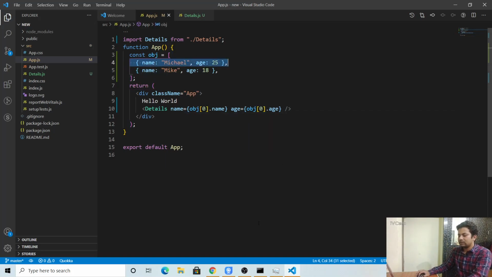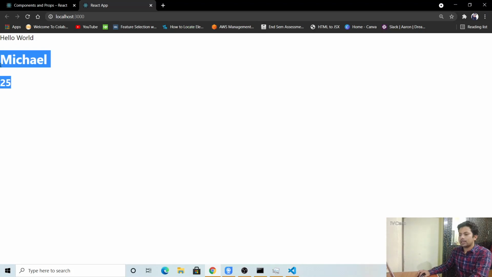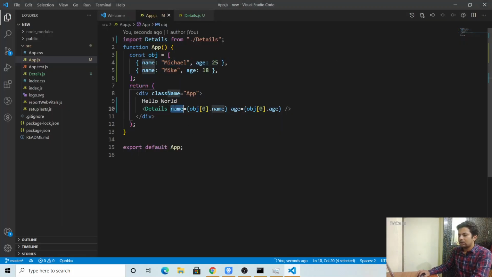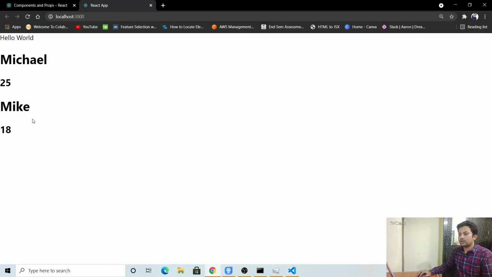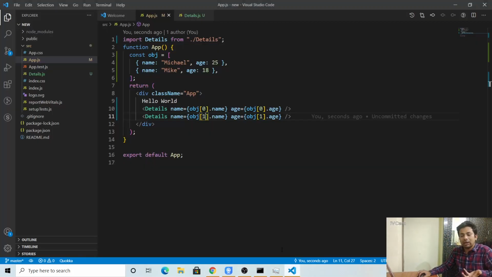We'll save it. Okay, Michael 25. Now the same thing, with the index changed to 1. Now see, Mike 18. It was so easy: we just wrote that line again, and it has taken the values and shown the index 0 and the index 1.